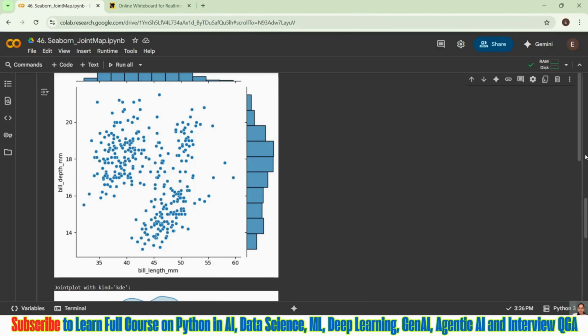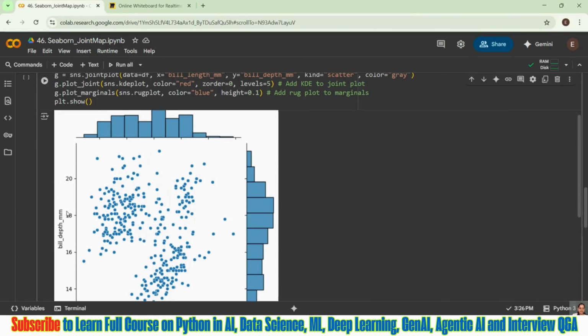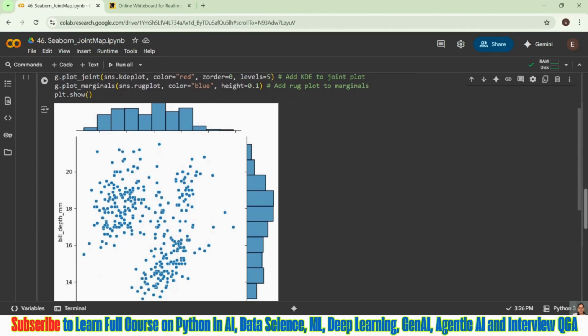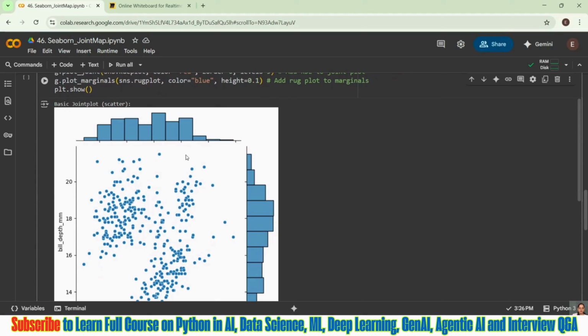Whatever scattered data it is showing, if we plot it in a histogram, it will come like this. And it is telling me about the density in this area, because here I am able to see my largest bin size, right? That means I have the highest density of data present here. Similarly, I have the highest density of data present in this area, which is nothing but your 18.